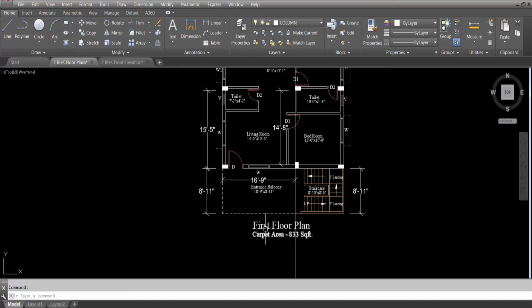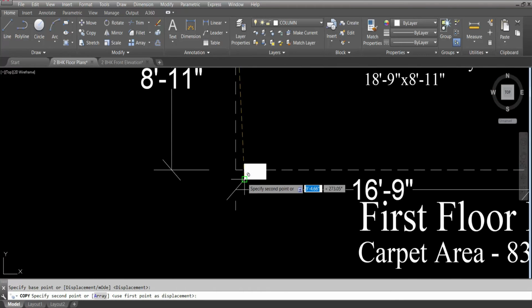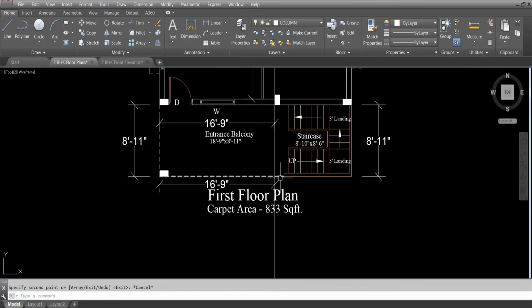Okay. So first here, this point, delete this. So to this point, load is coming from this side and this side. So this side, here to here, the distance is 16 feet 9 inch. So 16 feet 9 inch is the longer side. So the shorter side should be oriented towards 16 feet 9 inch, means the longer side. Next, this point to this point, load is coming from this side and this side. So this is 16 feet 9 inch and this side,